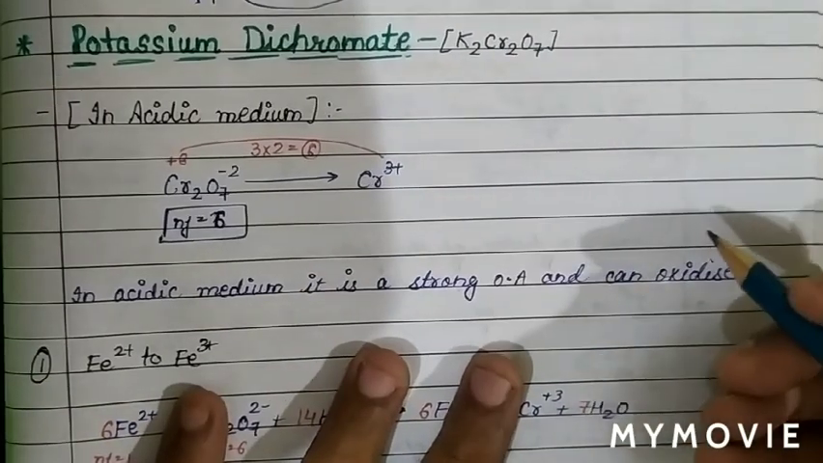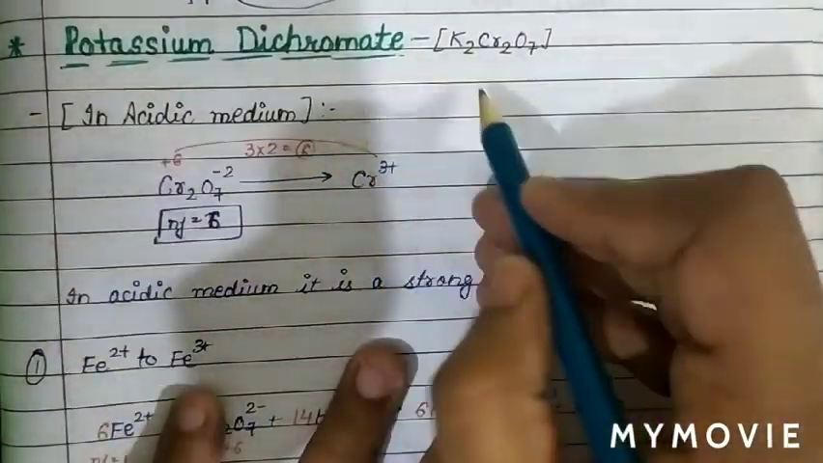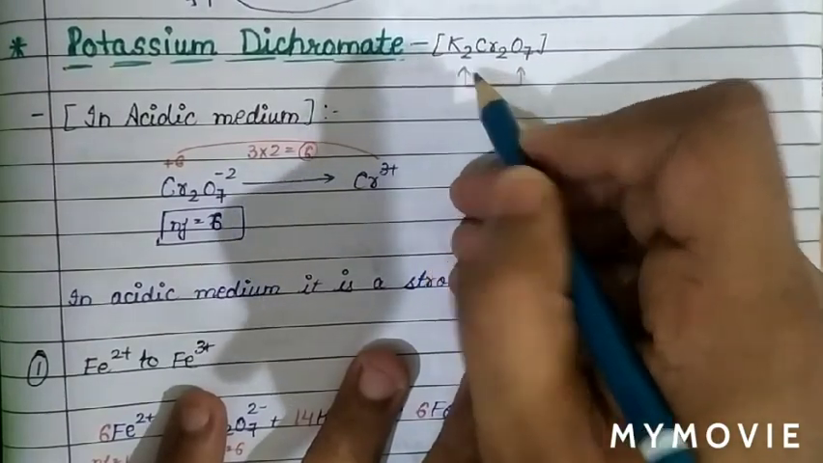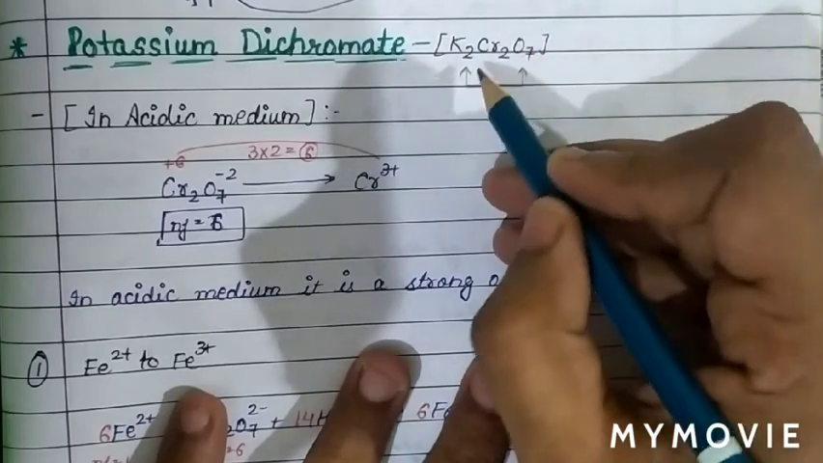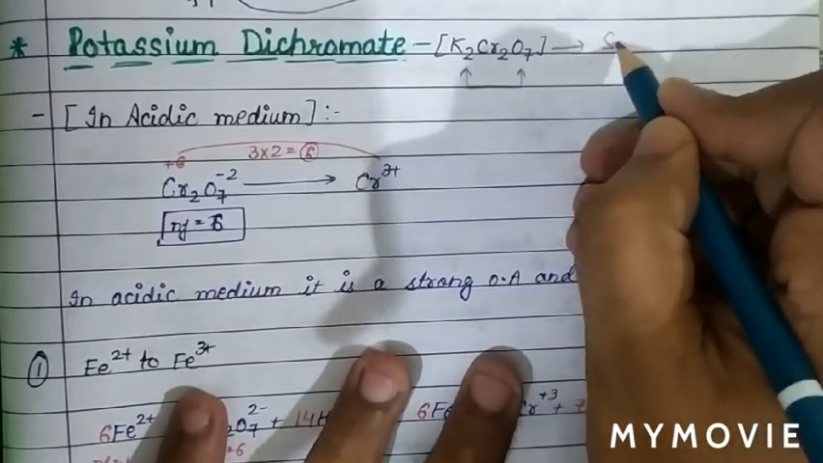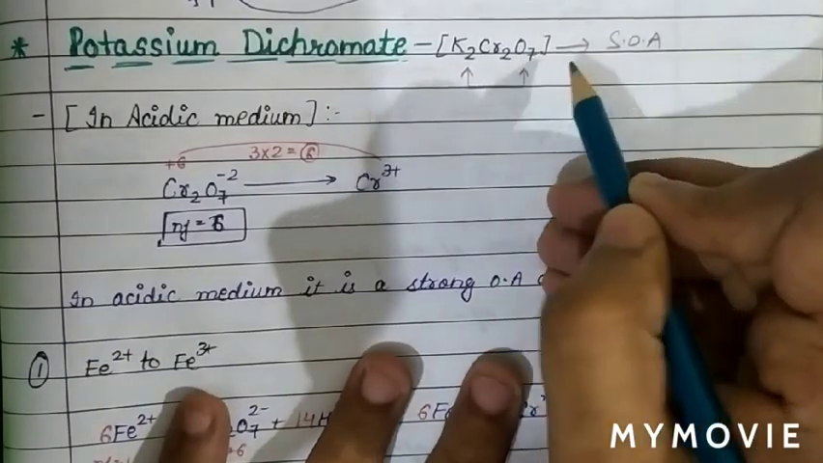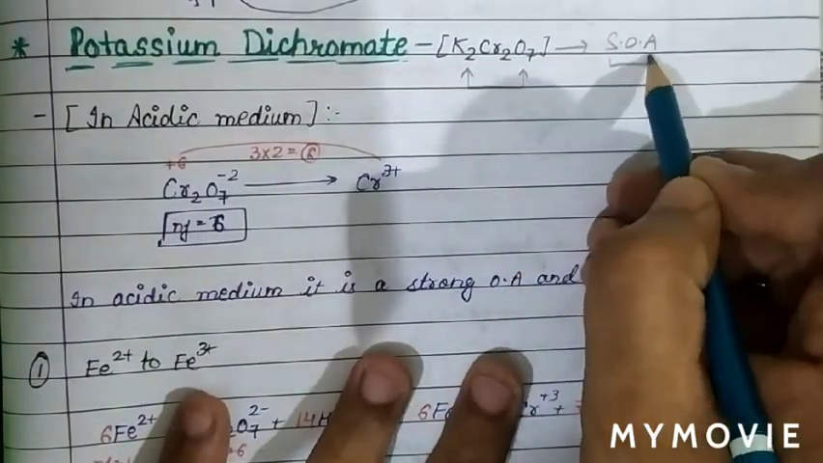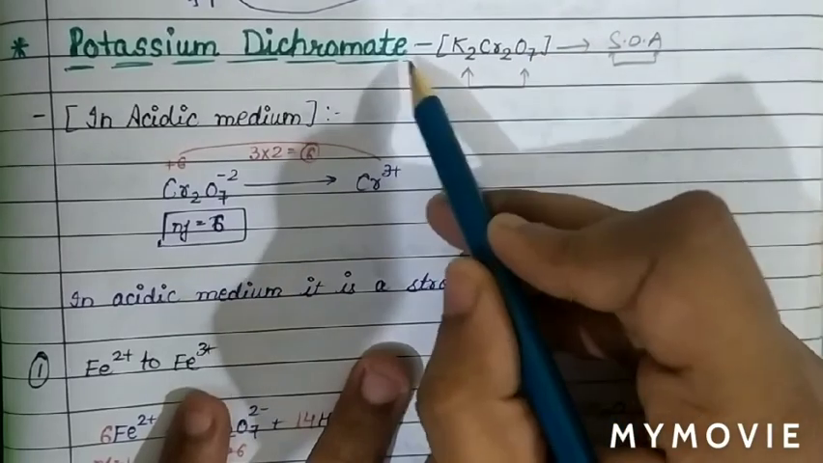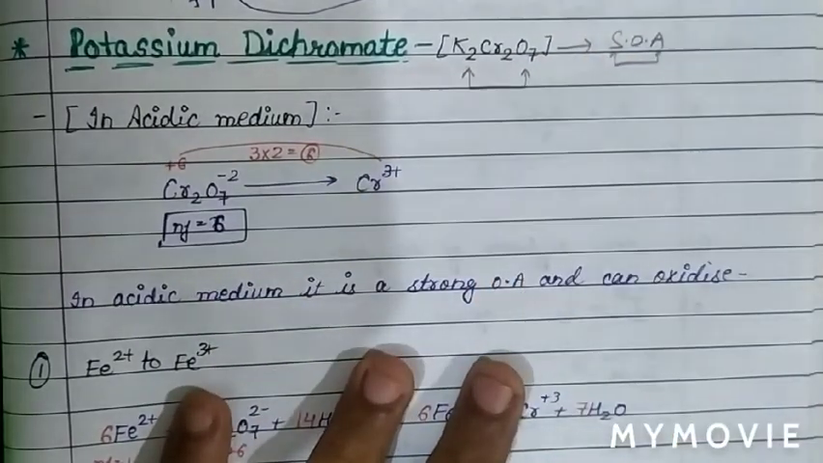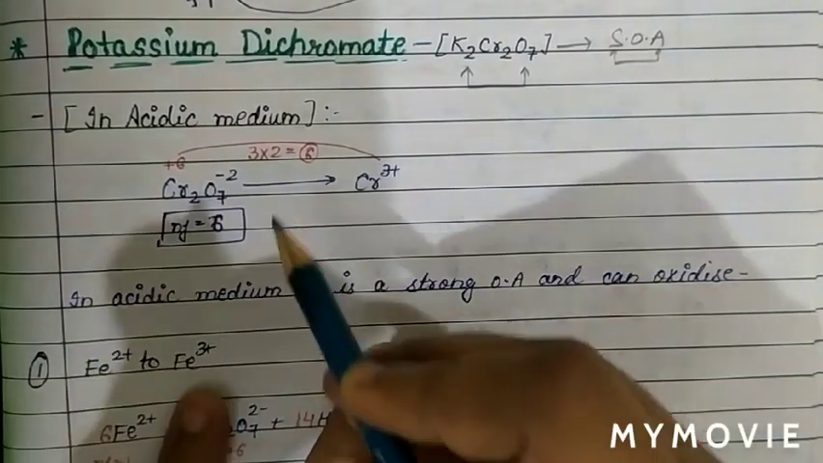See, the next topic we are going to start, which is another oxidizing agent. We call it potassium dichromate. So K2Cr2O7 is also a strong oxidizing agent in acidic medium, like KMnO4, which is a strong oxidizing agent in acidic medium. This is called potassium dichromate, K2Cr2O7. See, in acid medium